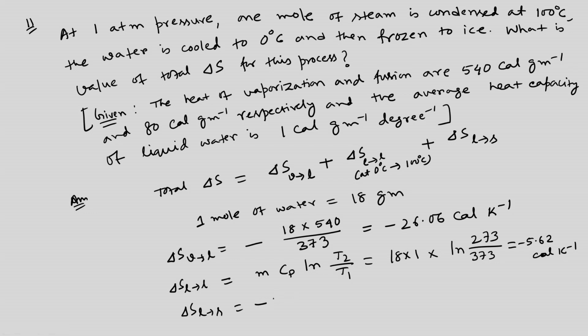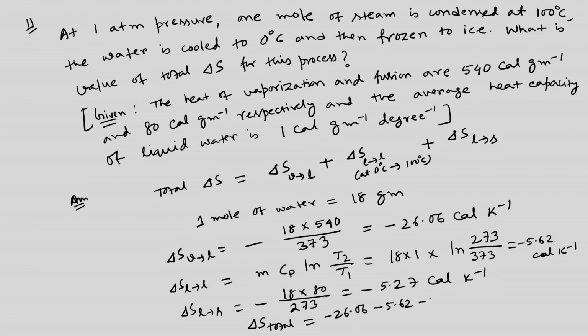So, we have the minus sign here and we get minus 18 times 80 divided by 273, and it gives us minus 5.27 calorie per Kelvin. So, delta S total is minus 26.06 minus 5.62 minus 5.27 calorie per Kelvin, and it gives us minus 36.95